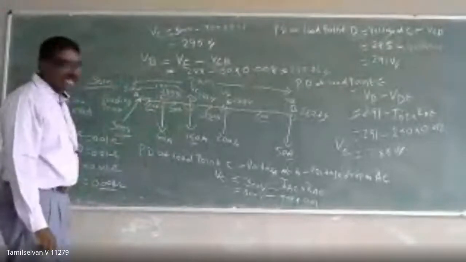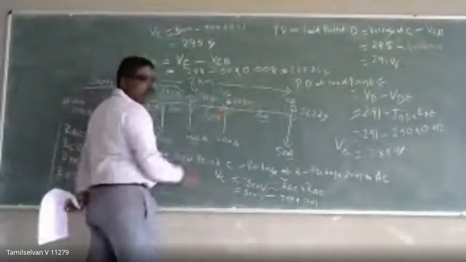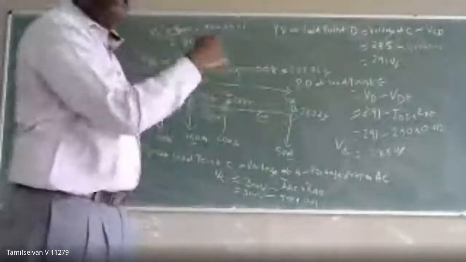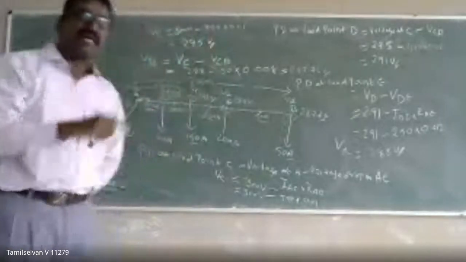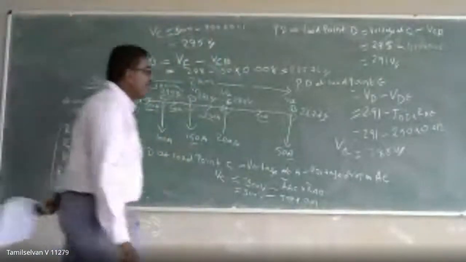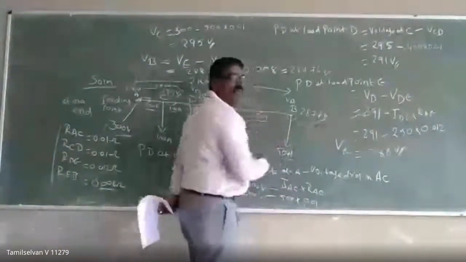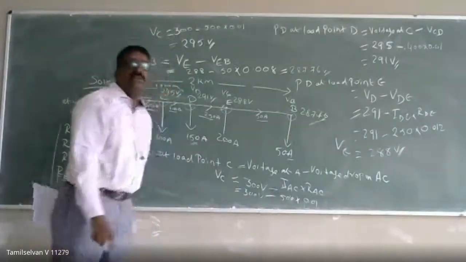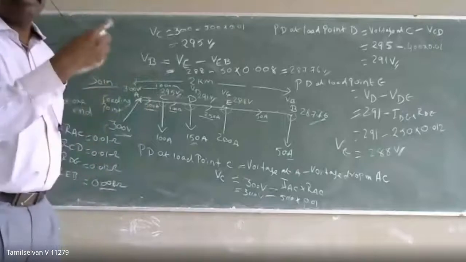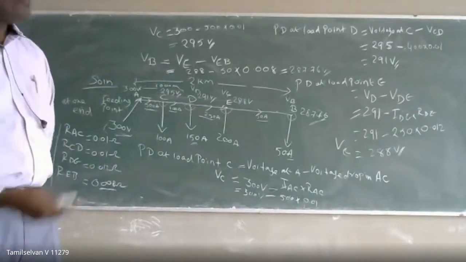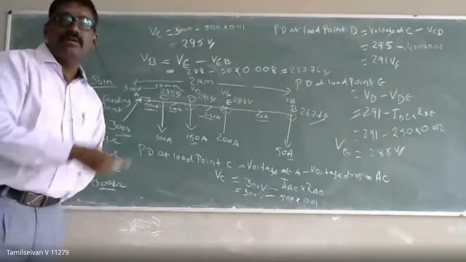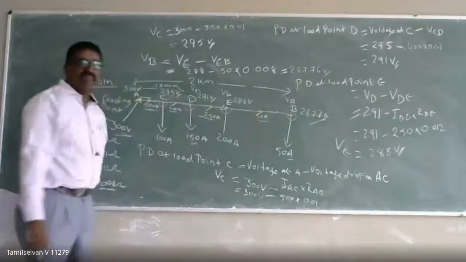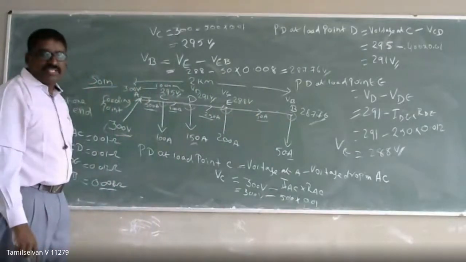Then the drop is 12 volts, and here it is 13 volts. The load which is connected far away from the feeding point will often have lower voltages. So the potential will not be uniform in the distributor. It depends upon the load on the distributor, and the drop in voltage is going to happen. Due to the drop in voltages, there will often be voltage fluctuation.